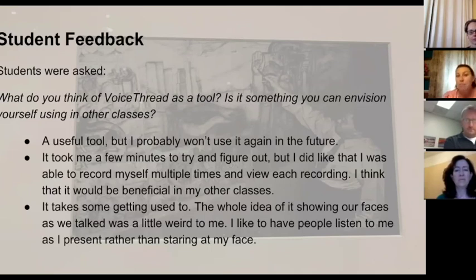Absolutely. But I made students do that so that I knew that they actually practiced the project and they weren't just literally holding up a script where we couldn't see them reading. Not that it's awful necessarily that they were reading, because a lot of them did, but I knew that they had all practiced and re-recorded multiple times for a finished product. The other thing, as Margot mentioned earlier, is Voicethread is extremely flexible. So if you didn't want them to show the video portion, you can have them just record audio or just write little text messages, basically text boxes, where they can provide feedback, which is what I let students do when they were commenting on other projects.